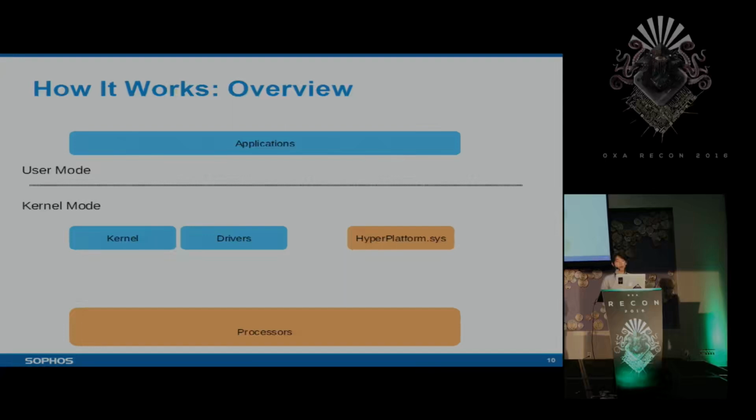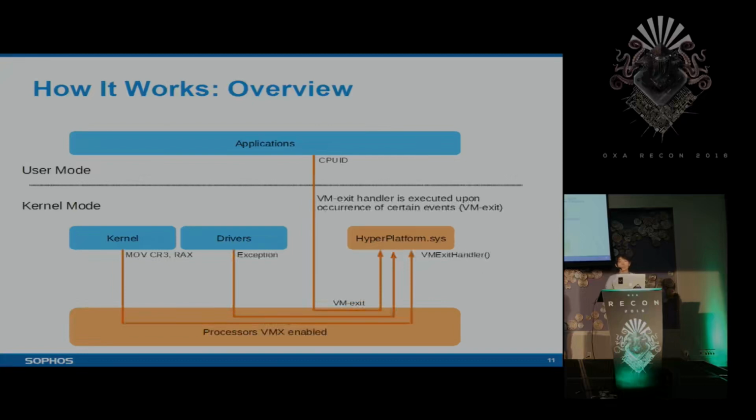And this is how HyperPlatform works. If you are familiar with the Blue Pill hypervisor, this is essentially quite similar. First off, it is loaded into kernel address space as a software driver, and then it enables the VMX operation mode of the processors. And once the VMX operation mode is enabled, processors start to treat the entire system as a virtual machine and